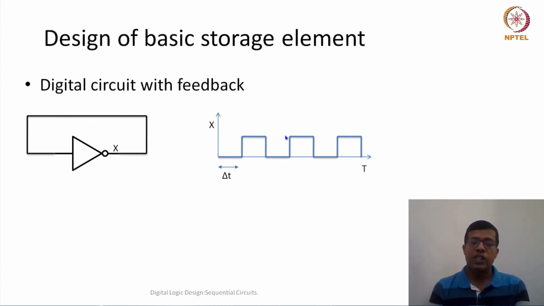So let's say your processor or your system is working in gigahertz. If you go to the market and see what processors are there, most of these processors or ASICs run at a couple of gigahertz frequencies. That means the delay of the inverter, you can imagine, would be of the order of picoseconds, maybe a couple of picoseconds or tens of picoseconds. So if picosecond is the time period, this particular signal would have a frequency somewhere around terahertz.